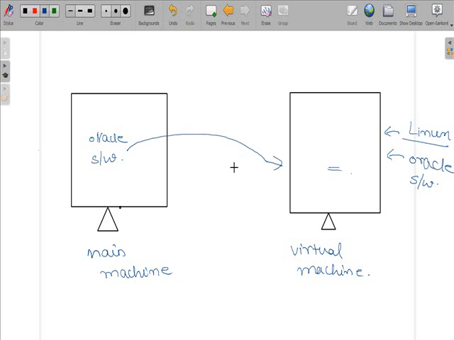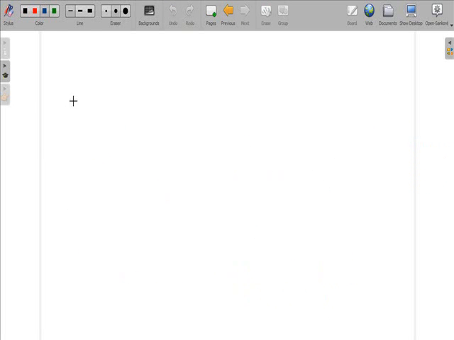To send this we need to run a command. One more thing is, in this virtual machine, the network setting 'attached to' should be changed to bridged adapter. Only then can we send software from the main machine to the virtual machine. To send the software we use one command, that is secure copy. How to send it? Let us see.